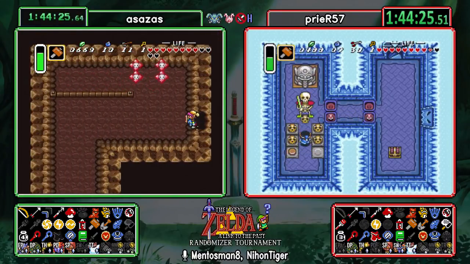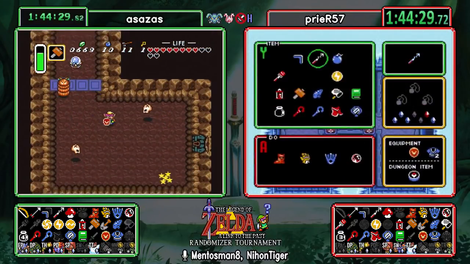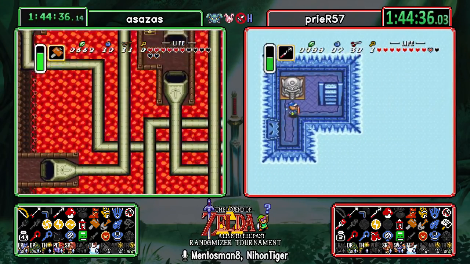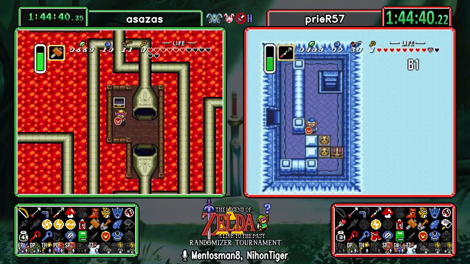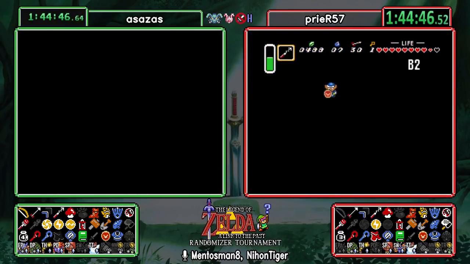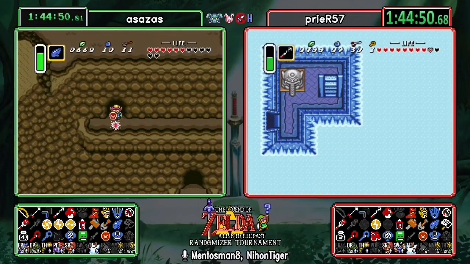So maybe it's just a situation where they were like, you know what, I've already killed enough of this. I'm just gonna finish it. I'm not gonna leave it like 90% done. It could be, and this is go mode coming up for Asazas, who has at this point a quite sizable lead. Absolutely. At 1 hour, 44 minutes, and roughly, it looks like 39, 40 seconds, Asazas in go mode